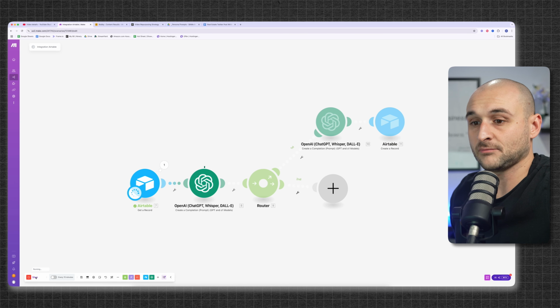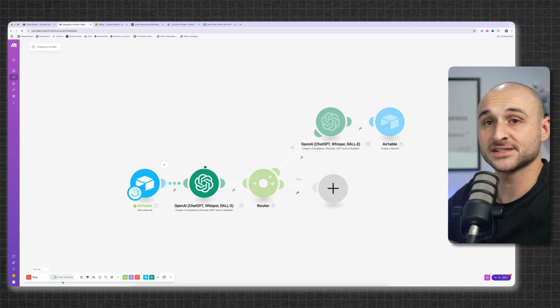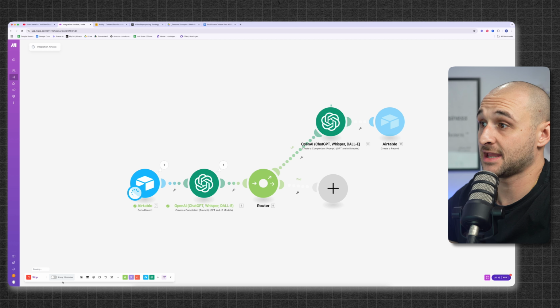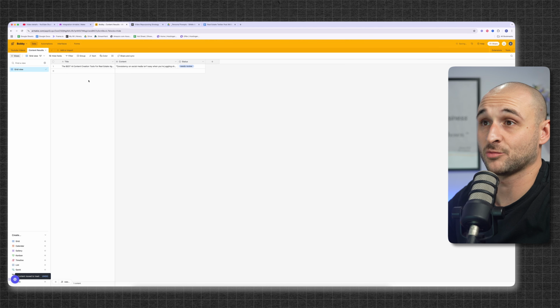We run it again. And again, I don't have this turned on. You can see down here on the bottom, it says every 15 minutes. Once your full automation is complete, that's what I would set it to do. That way, all you have to do is drop in your YouTube video transcript. It'll send it to the next ChatGPT node, then send it to Airtable. We'll get a +1. And now if we head on over to Airtable, what we can see is